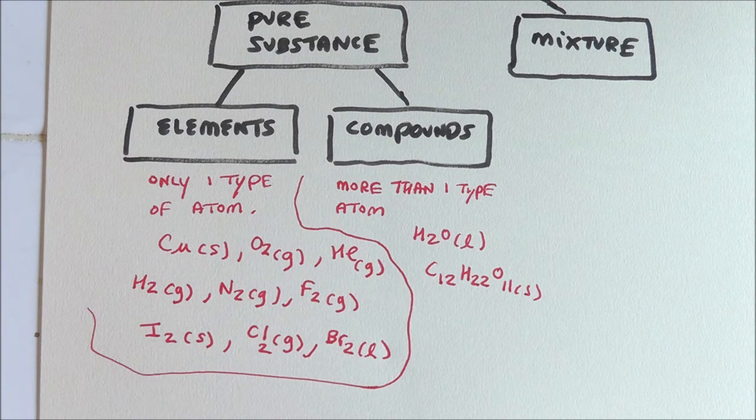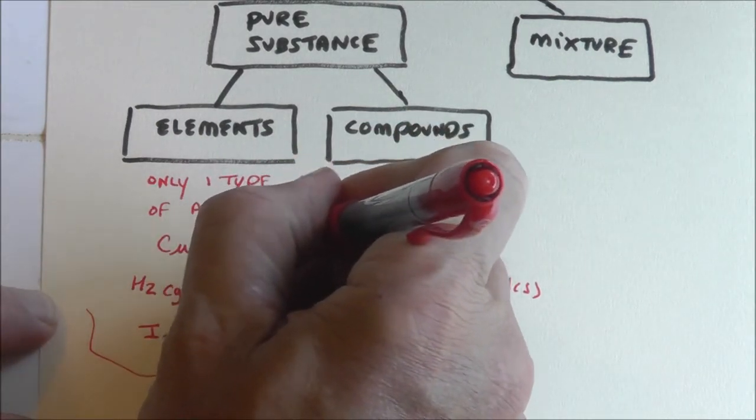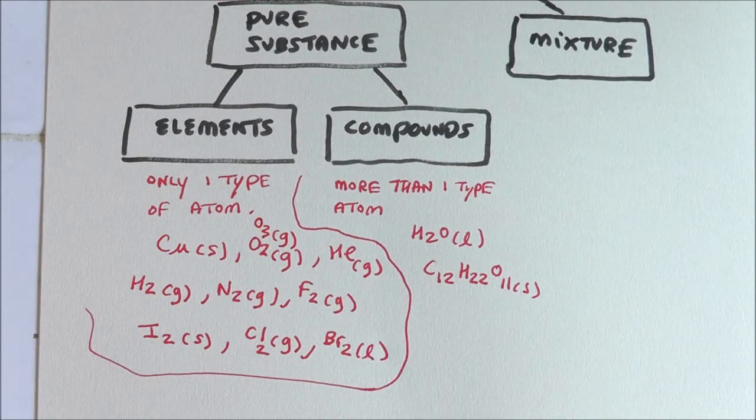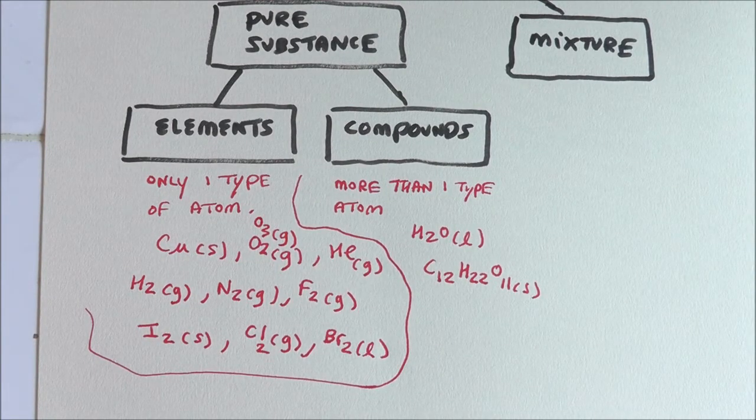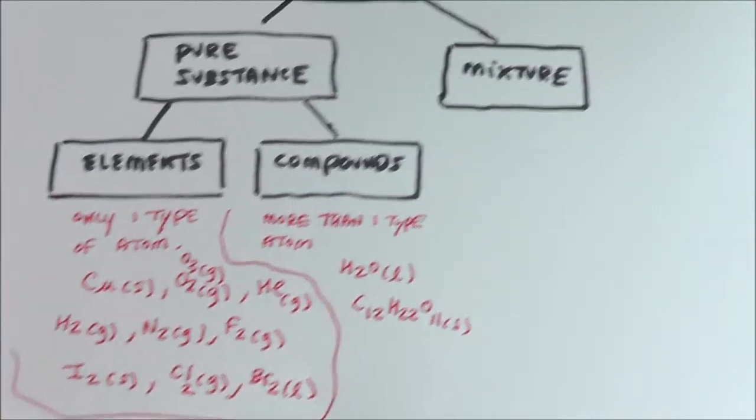All right, folks? So you should be able to look at something, if we give you a formula of it, and say, hey, is that an element or is that a compound? Pretty easy if you only see one type of atom. And by the way, oxygen even makes another molecule called ozone, and that'd be O3. But the bottom line is it's only one type of atom, and so you'd say, oh, that's an element. And then if you see something with, you know, 2 to 18 different elements, that could be a compound, right?